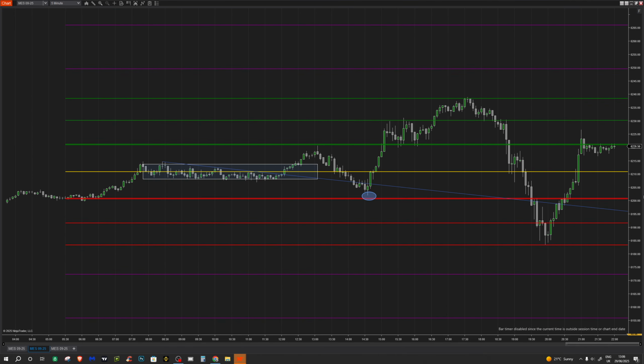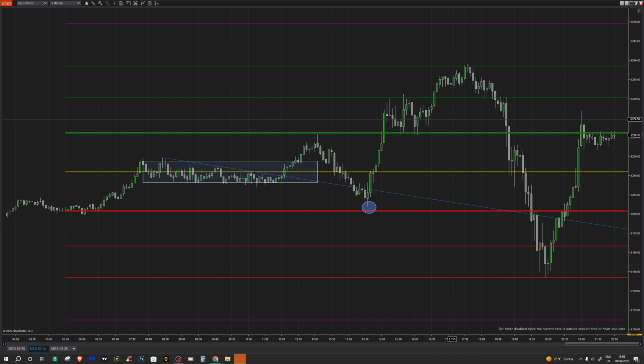Now, these purple lines are really showing us that if we get a trend day, these are the minimum that they're going to go to. But we didn't get a trend day. We had an inside day again, where prices basically went up and came back down again, which is typical of the market. Once we do get a sell-off though, and we start retesting, we can see we tested the line